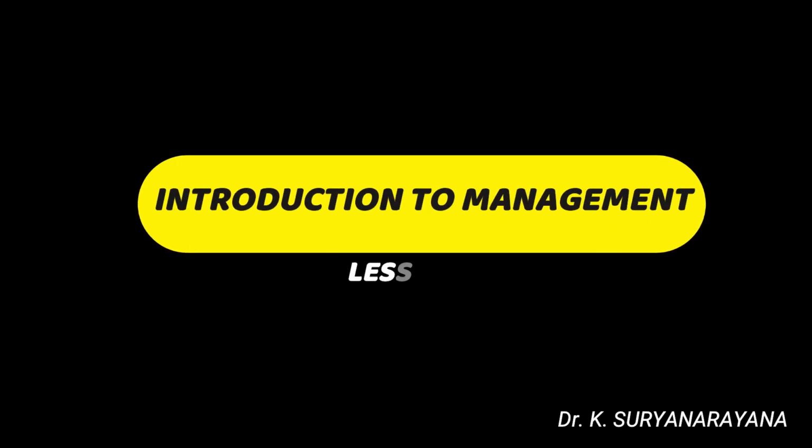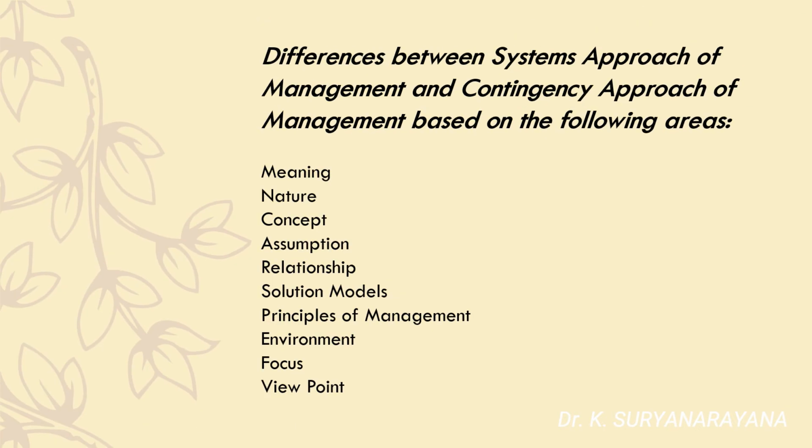Hello students, let us discuss the differences between system theory approach and contingency theory approach. We consider some 10 aspects, and for each and every aspect let us differentiate between systems approach and contingency approach. So, meaning: systems theory explains the assembling of things connected or interrelated to form a complete system, whereas contingency theory explains that there is no prescribed managerial action or organizational design that is